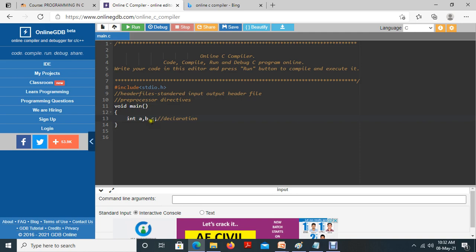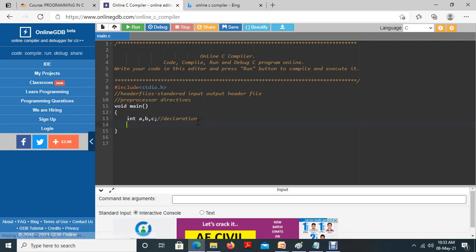So the compiler understands that A is a variable with the data type integer, so A can store integer values. The size of an integer is 2 bytes, so A can store a value up to 2 bytes. B can also store up to 2 bytes, and C can also store up to 2 bytes.